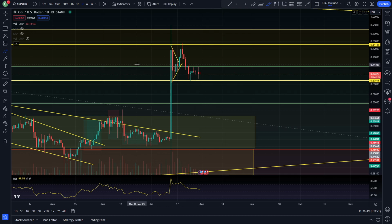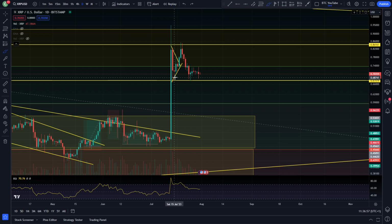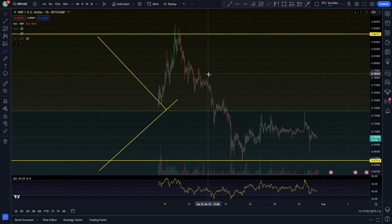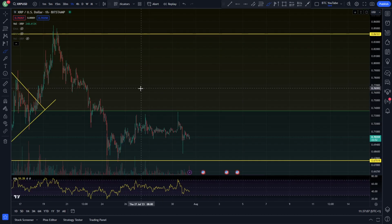where we did initially come down and retrace to, as you can see here, this huge pump to the upside followed by pretty much a 50% retracement of that move. Then we obviously got our coiling motion, the breakout and the breakdown, and now we are just chopping sideways near the bottom of this level, probably putting in a little bit of a range, to be fair, between these